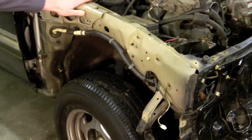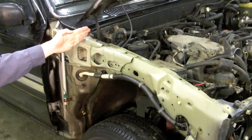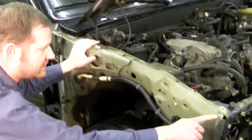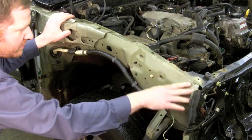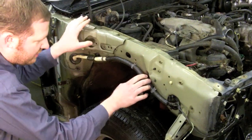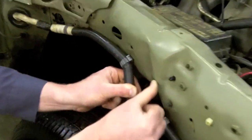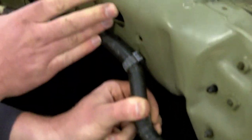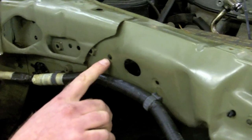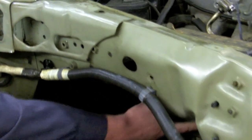So the core supports actually weld in on these Toyotas. They spot weld into the cowl and to the firewall. And so what I'm going to do is, you can see this core support is bent down substantially all the way to about right in here, and you can get a close-up shot and see that this inner fender panel has been crinkled right in there, but it straightens out pretty good right about in this general area. So what we're going to do is, I'm going to use these original holes in there and then down in here